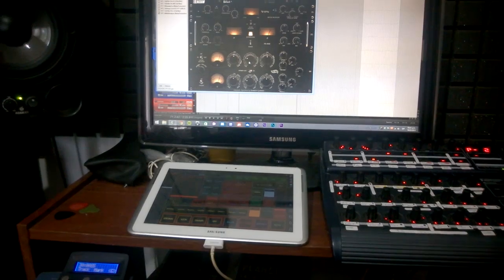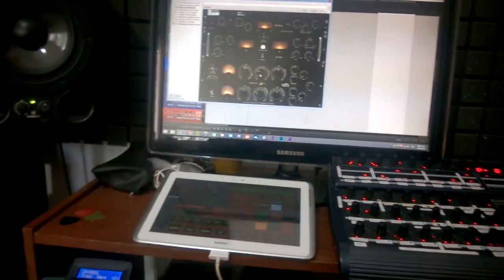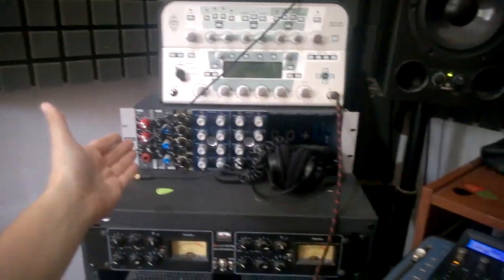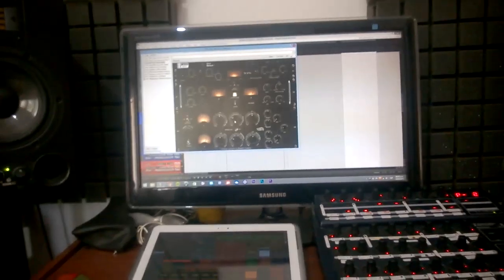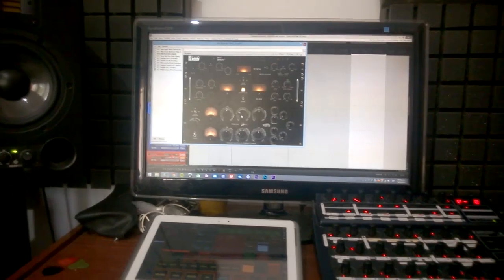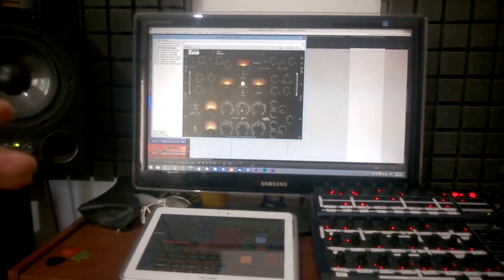Why is this? This is why it is important: by working with this kind of controllers or even with hardware, your mindset changes. Because when you're working just with a mouse, you're always looking at the screen. Ergonomically, you're always in the same position,